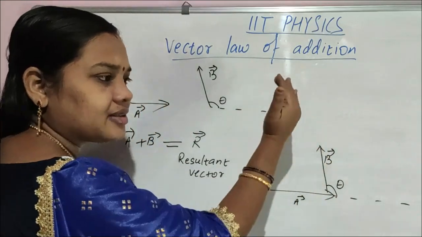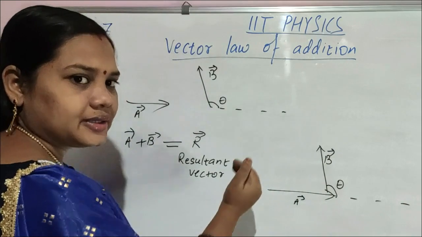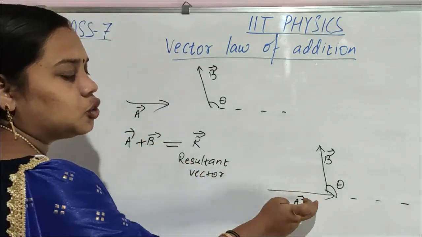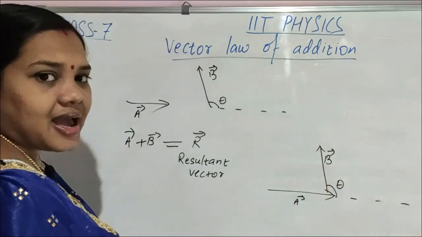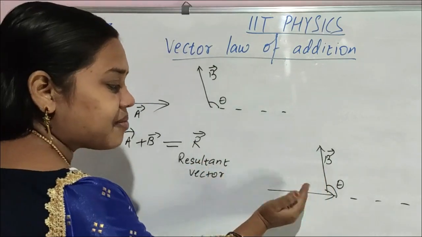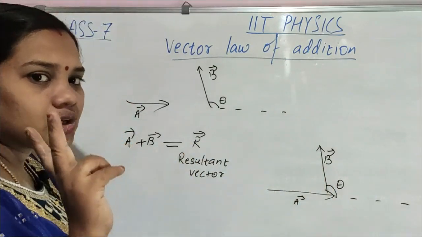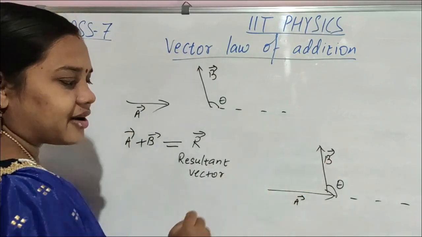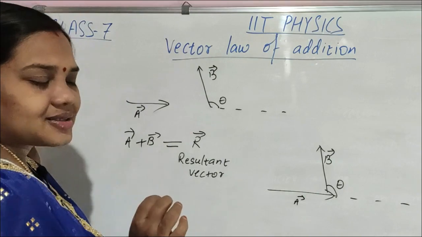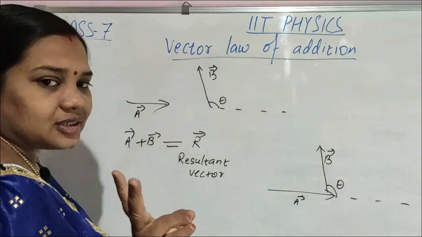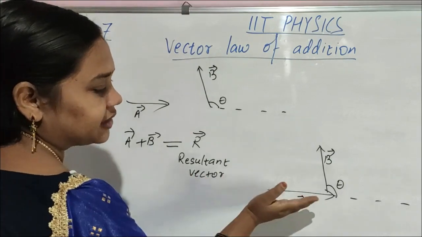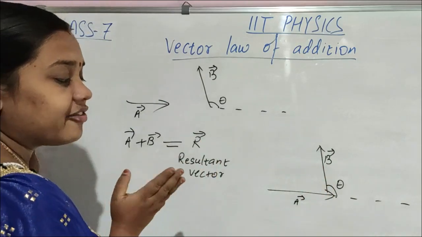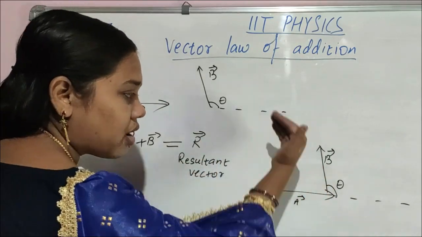So they are following the same order. Once again, when two vectors, A vector and B vector, act as two sides of a triangle, first side and second side, and they follow the same order,